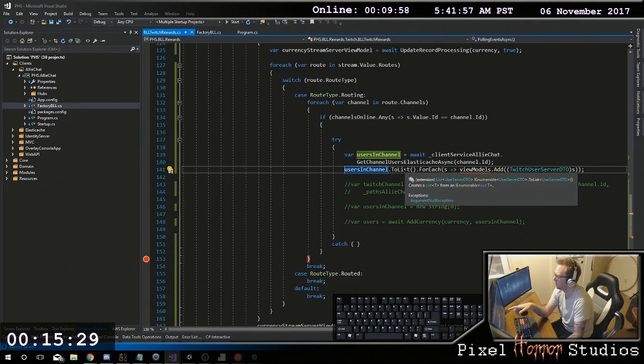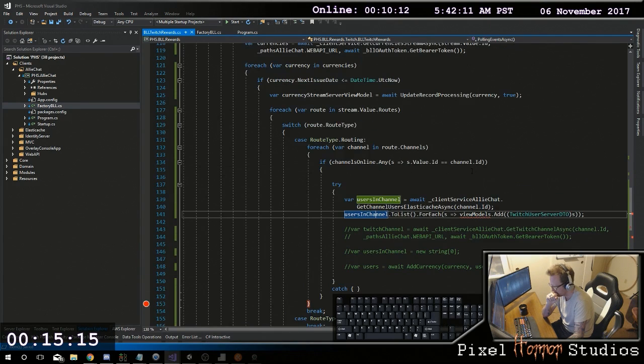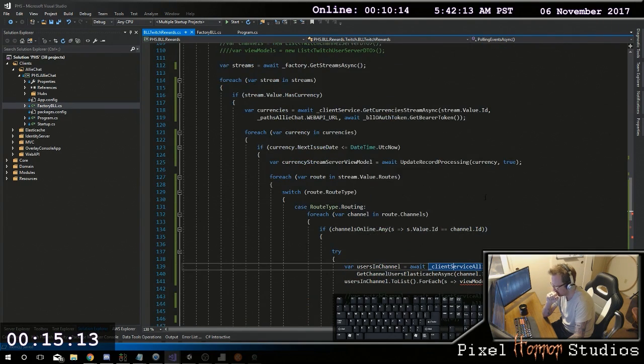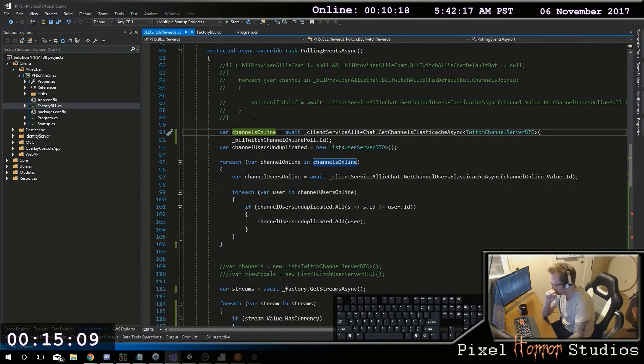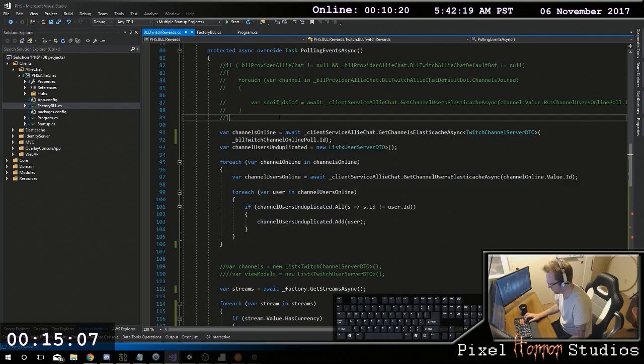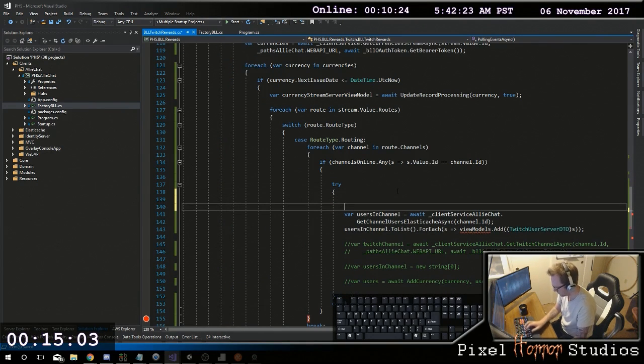And so now here, in my Frank's view model, you want to add your Twitch user server DTO. So this is wrong because you already have your channel users, right? Users online, channel users unduplicated, right? So now if that's online,